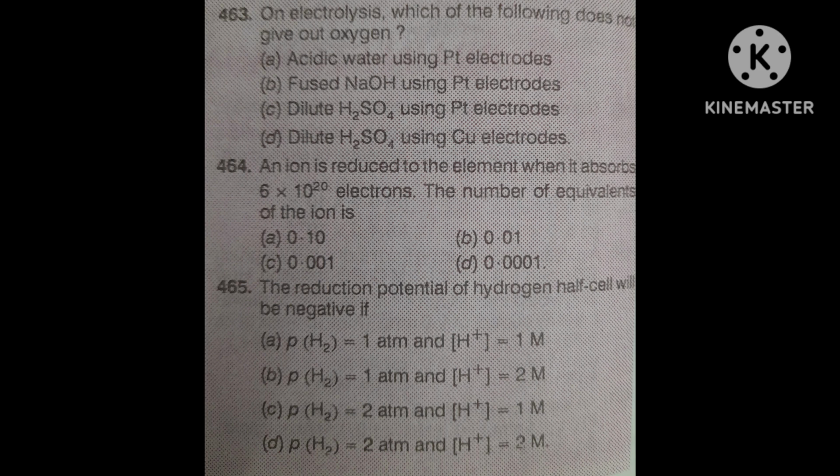Correct? Then you will get, actually, 2 into 96,500 coulomb will deposit 58.7 gram. Then for 43,200 coulomb, after solving, you will get 13.137 gram. Correct? And now, a third thing you have to consider, that current efficiency is 60% according to the